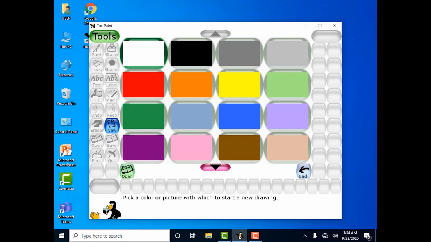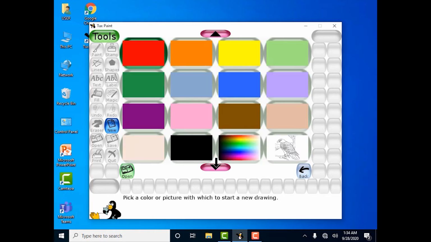Click on the down arrow button. Select any color or any of the frames. Click on the Open button. Let's try our hand and select the green color box.